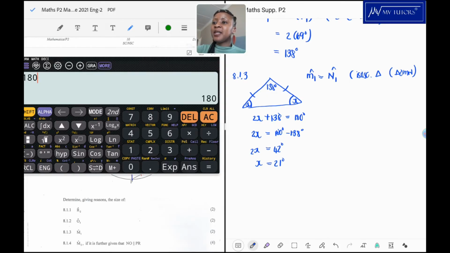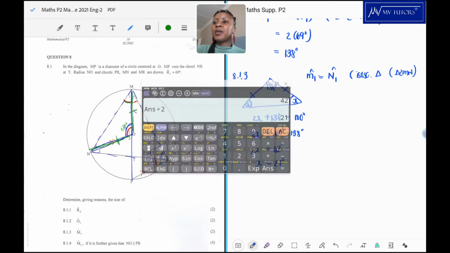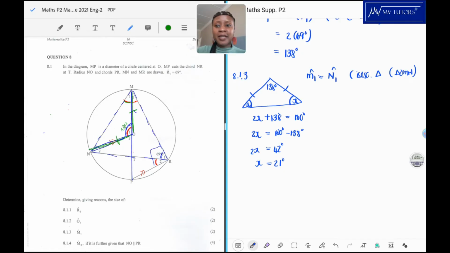So I have 180 minus 138, 42, divide by 2, that's 21. I don't know why I'm doubting myself. So yes, x is equal to 21 degrees, and we know that that is equal to N1, which is equal to M1. I'm trying to see if we could have related M1. But anyway,